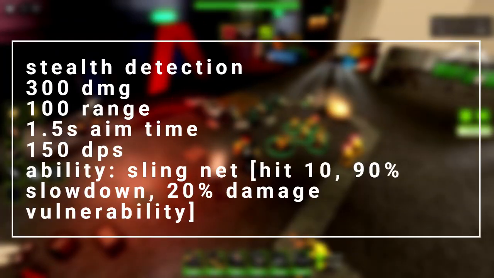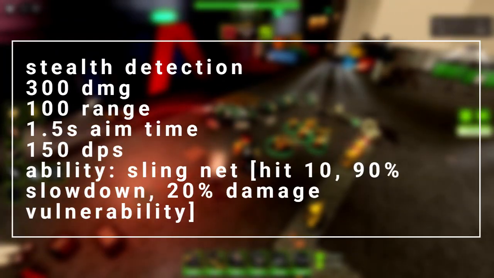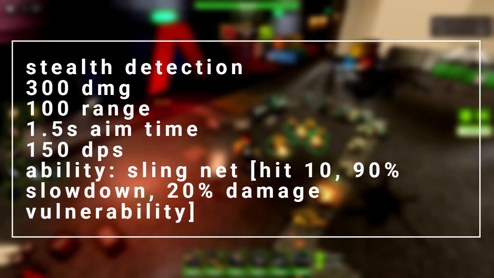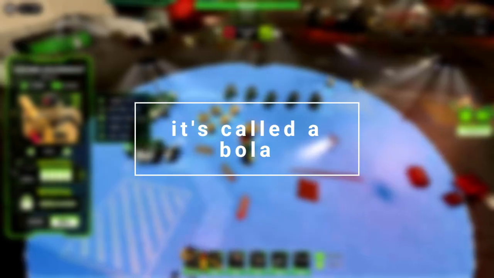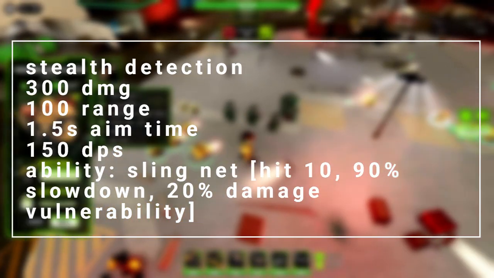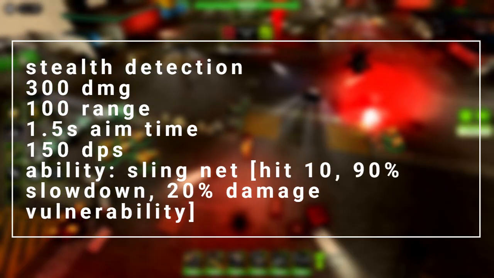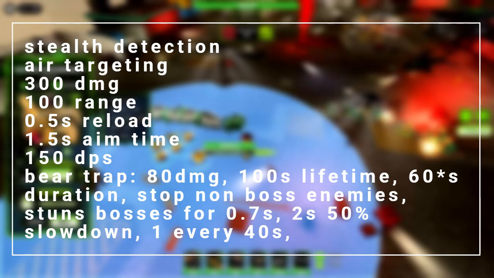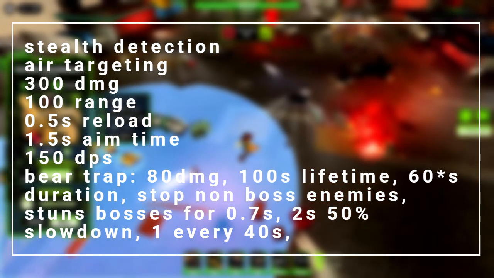The fifth upgrade is called Runic Eye, which gives it stealth detection, 300 damage, 600 range, 1.5 second aim time, and 150 DPS, and an ability called Sling Net, which, if you play Overwatch, you know Freya, the ultimate thing. I don't really know what it's called. However, it hits 10 enemies, gives them 90% slowdown and 20% damage vulnerability. The final stats are stealth detection, air targeting, 300 damage, 100 range, half a second reload, 1.5 second aim time, 150 DPS,